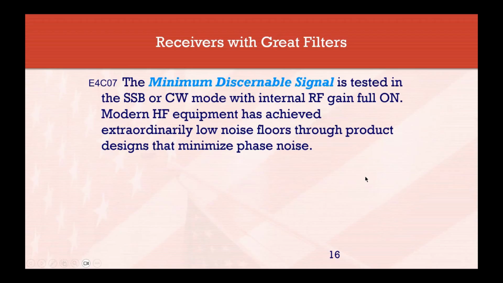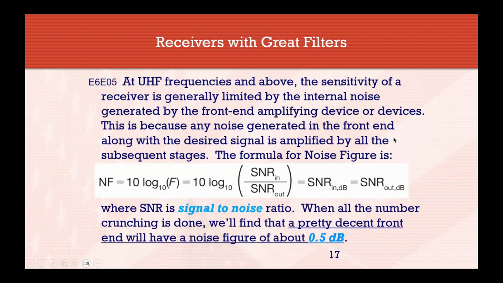MDS, minimum discernible signal. That's the minimum signal that you can detect and listen to that will come in over the noise floor and anything else that's causing noises in your radio. UHF frequencies above sensitivity, receivers are generally limited by the internal noise generated by the front end amplifying device or devices. That is to say, if you have a preamplifier at the front end of the radio to boost the signal, or any other kind of thing that boosts the signal, whatever noise is generated in that amplifier will then be amplified through these succeeding stages in the radio, along with whatever the signal is that you're actually trying to